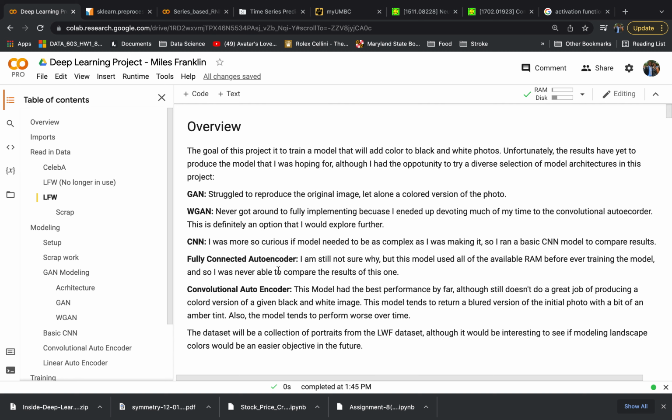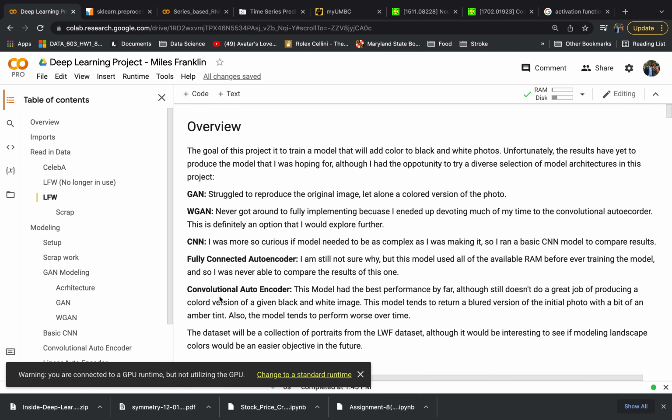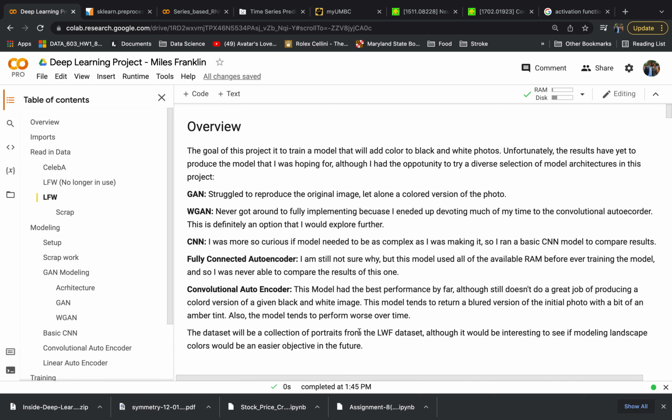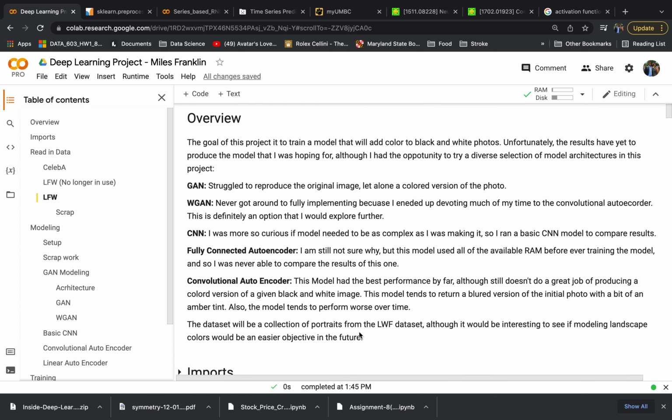looking for. Looking at the last of these, the convolutional autoencoder is the best model that I ended up coming up with, but it's still important to note that it still didn't really do the job that I was hoping for. It does a good job of returning the original image, but not such a great job actually adding the color as